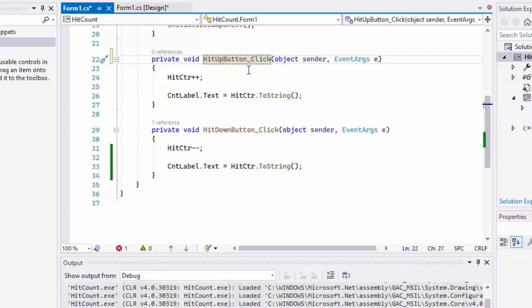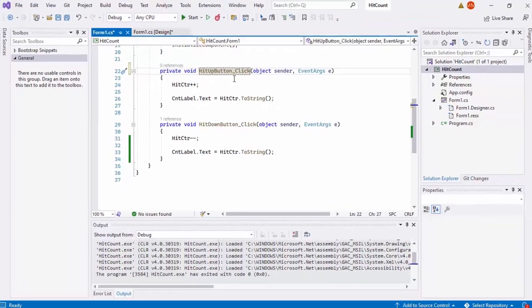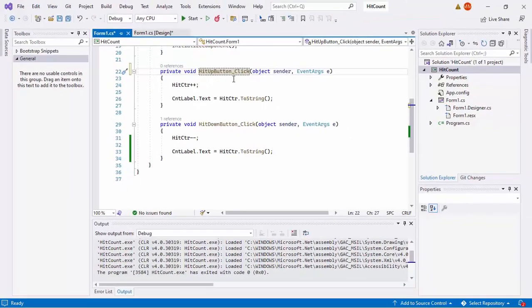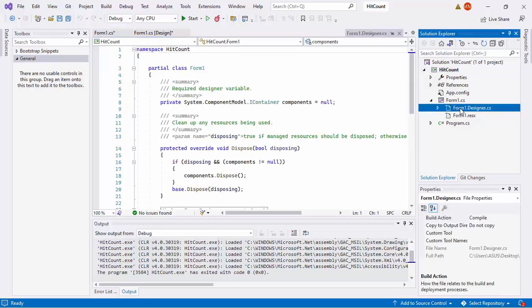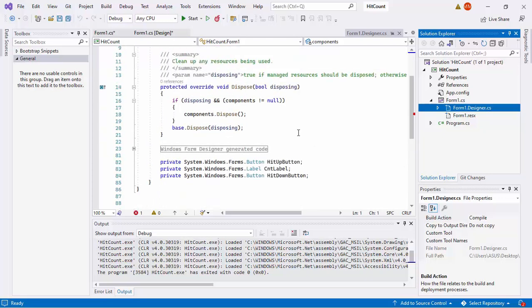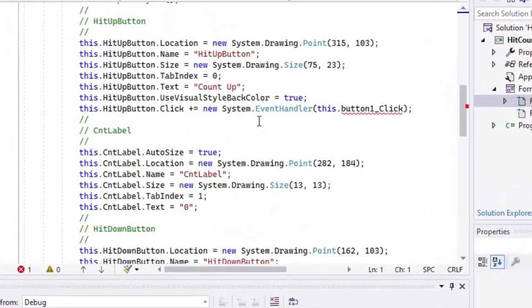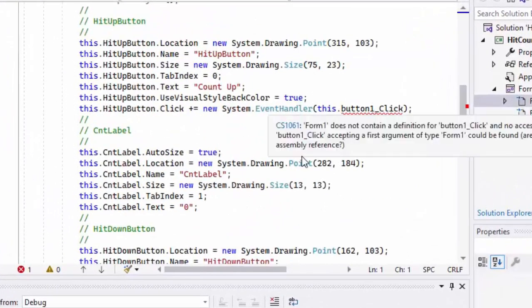Okay, so this is the event definition or event handler definition. We also need to change it in the designer CS, the C# definition of the designer. There must be something that is causing error. So this one, okay.